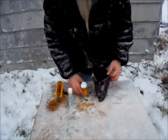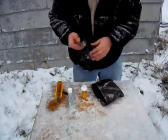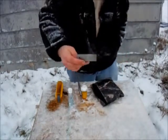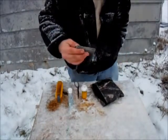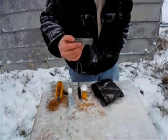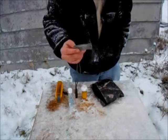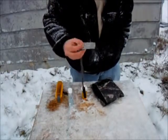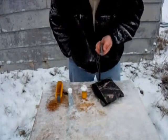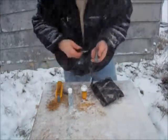In fact, I should add to it, but as of right now, this kit has not let me down. That's a Coleman magnesium fire starter, which I bought at Walmart because I couldn't find any of the longer, nicer ones at a store. I'm not huge for buying online, so that one's kind of worn out. And it started a lot of fires, and it never fails for me. I know it's kind of a cheapy deal, and there are a lot nicer ones out there, but this one,